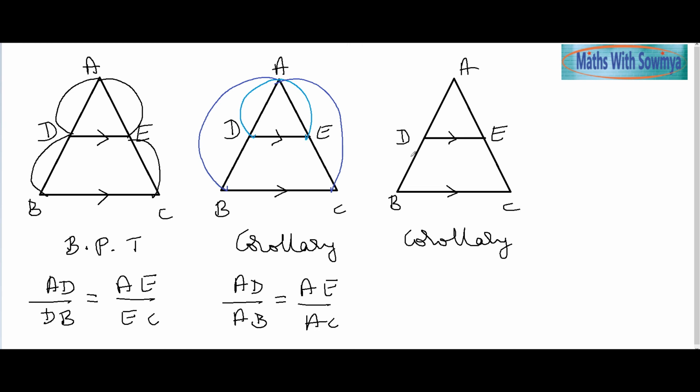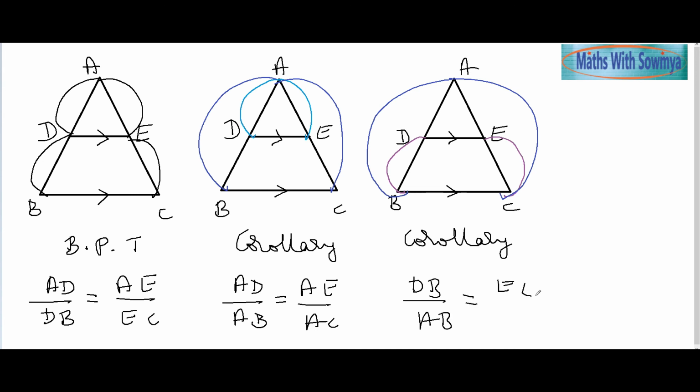And also we can take second half and the whole, and here also second half and the whole. What does this say? We can say DB by AB is equal to EC by AC. We can use all three properties when the line is parallel in the triangle. But one thing you can notice, you can never use the base, BC and DE, with BPT. For the base, you always need to go with similarity.